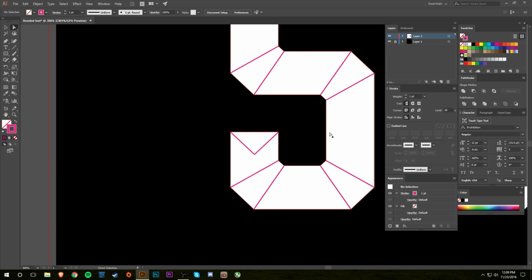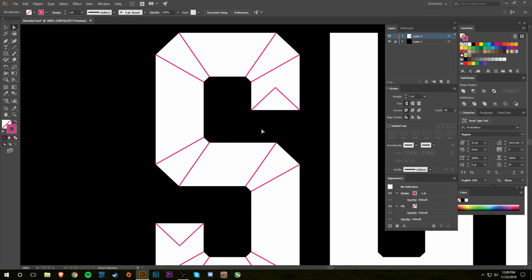So now we have the edges, and now you just need to make a line that goes through everything. To do that, I'll click right here, and you want to hold shift during all of this so that it stays straight. You want to intersect it with all of these lines that you drew,